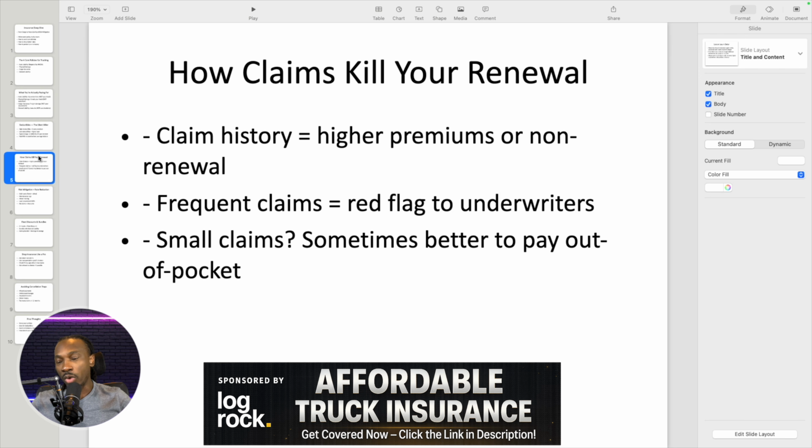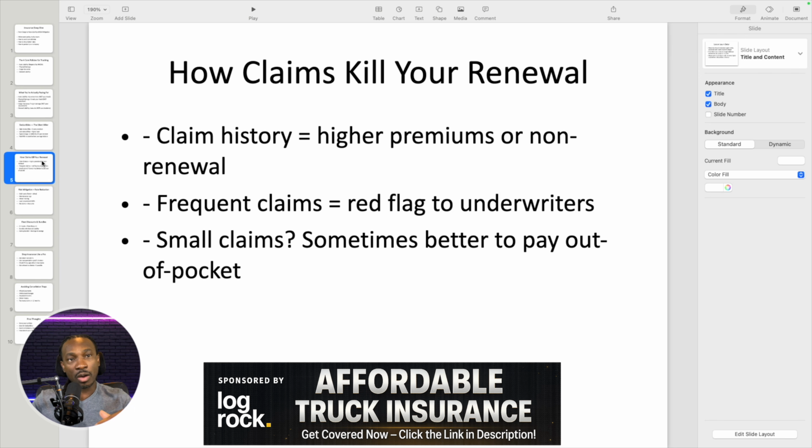I've only had to file one claim in my career, and it was for $55,000, and that's why I had to file it, because I wasn't going to pay 55 grand out of my pocket. But I paid a $3,000 claim. I've gotten people's floors redone, right? Floor claims are probably one of the scariest things you have to worry about, especially if you're in a niche in the box truck industry where you're going into people's homes. So I've had to redo floors. Obviously, we've had to do patch and paint. We've had to do carpet cleaning, things of that nature, all out of pocket.